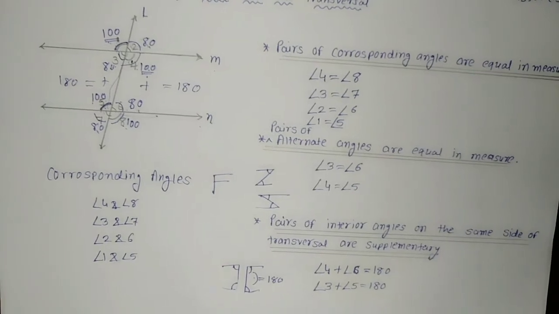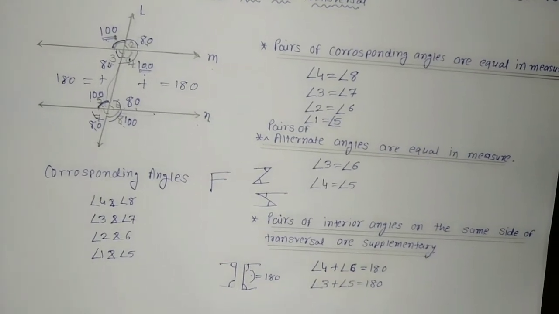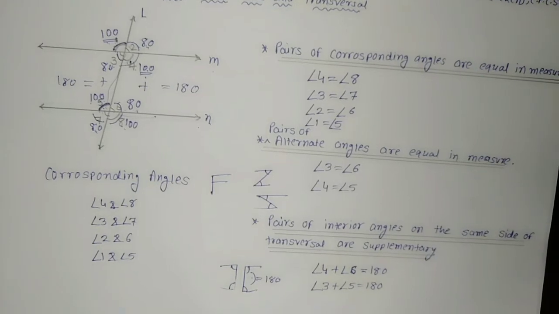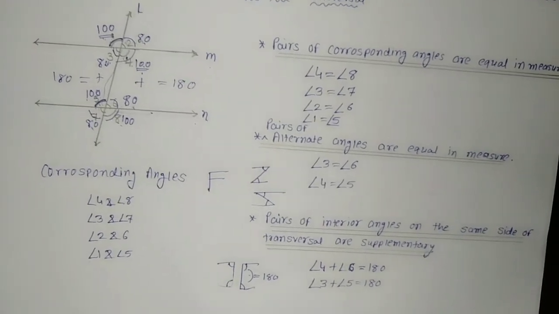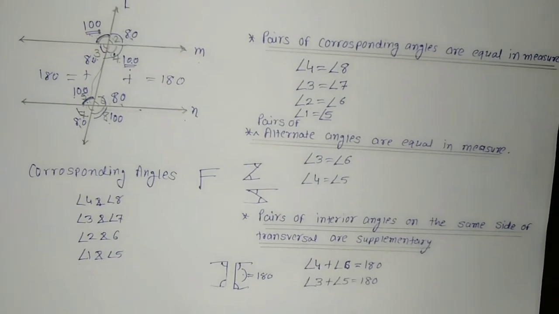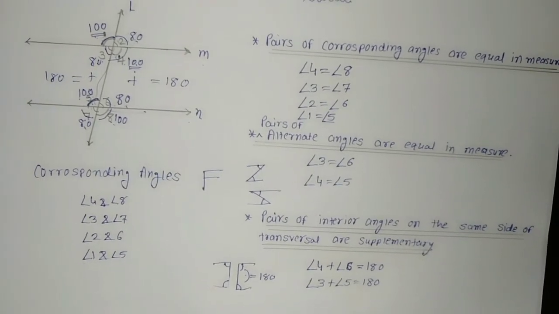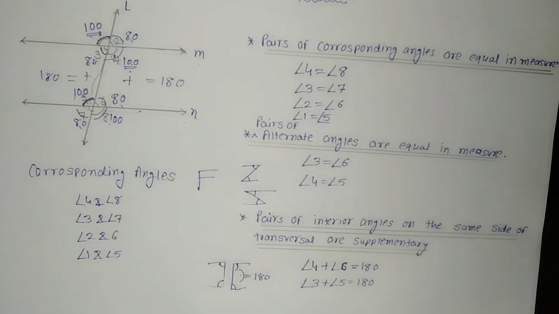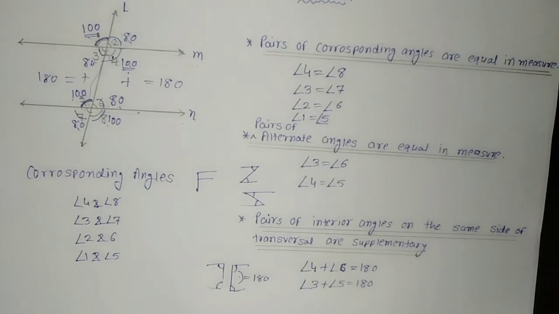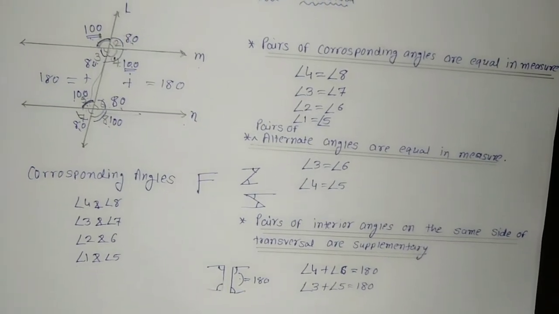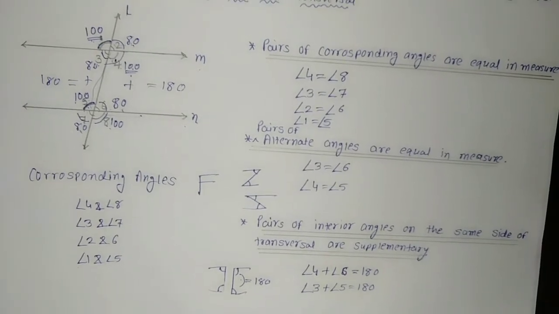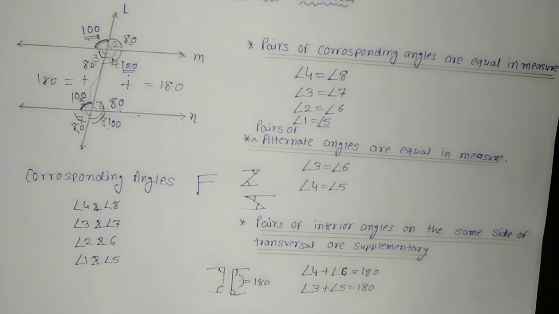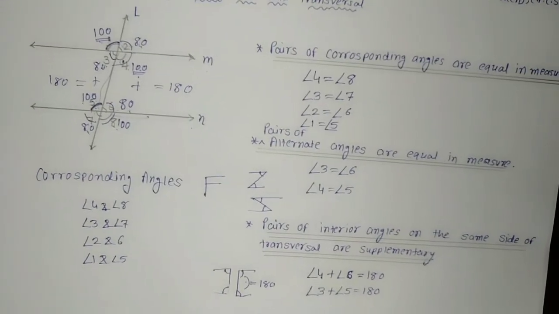We know what a converse statement is. If P then Q, if we reverse them, if Q then P, then it is called the converse statement to the previous statement. So this is also true. So here there are three things you mostly have to understand. Pairs of corresponding angles are equal, pairs of alternate angles are equal, and pairs of interior angles on the same side of the transversal are supplementary. These are the basic fundamental things that you have to understand, which will be useful for you in any case when this figure comes.